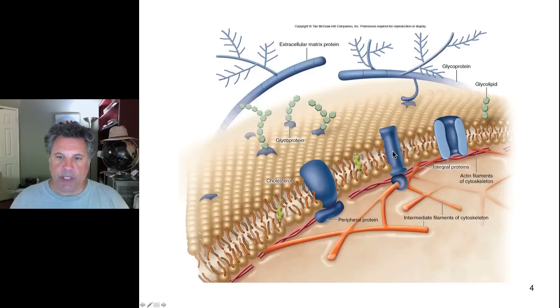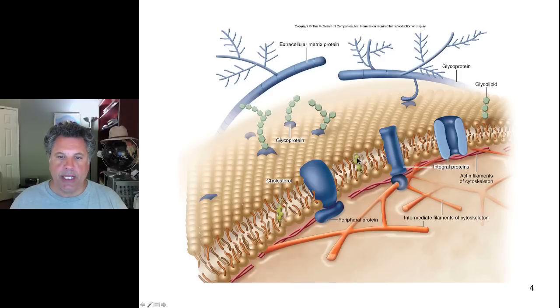And then we can talk about integral proteins that are embedded in the phospholipid bilayer. These include channel proteins that we'll talk about later, and other proteins that link the extracellular environment to the internal environment by being bound to or interacting with cytoskeletal elements, for example. We've talked about the integrins previously.